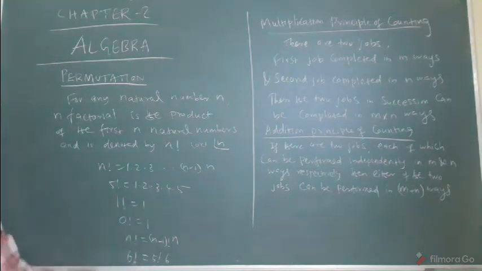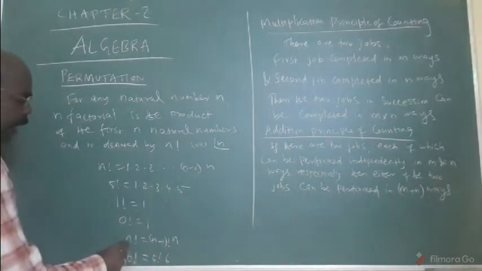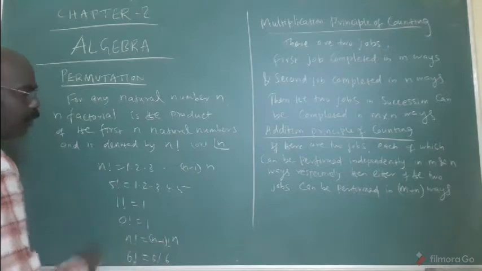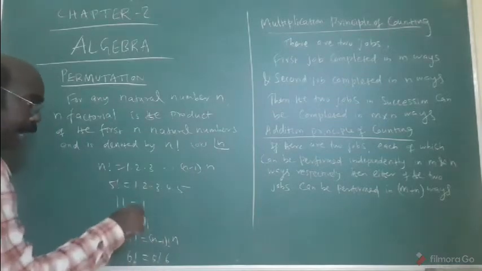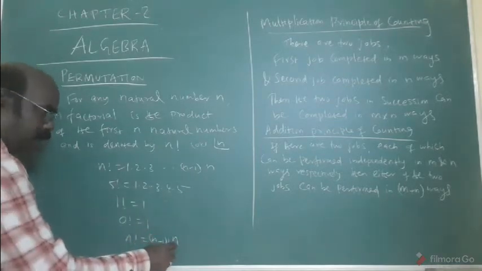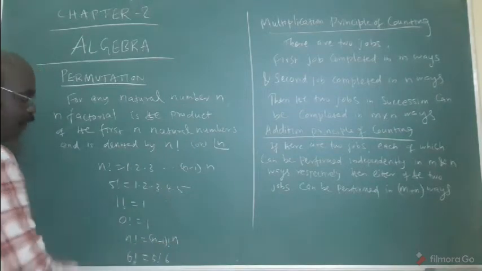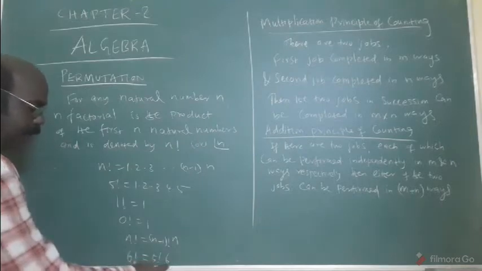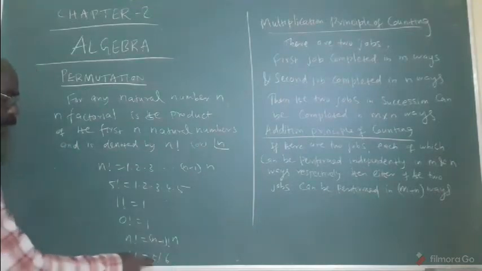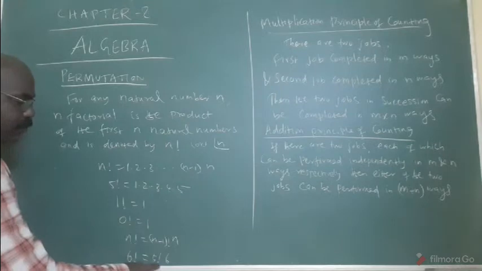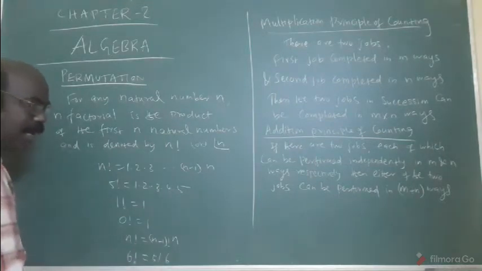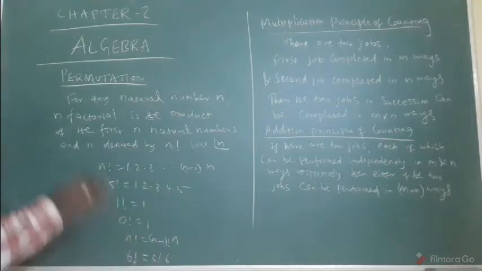0 factorial is also 1. N factorial means, listen here, a small idea: n without factorial, and the previous number, n minus 1, with factorial. N factorial can be written as n into n minus 1 factorial. 6 factorial is 6 into the previous number, 6 minus 1, 5 factorial. Again, 5 factorial can be written as 5 into 4 factorial. 4 factorial can be written as 4 into 3 factorial. In this way, you write.